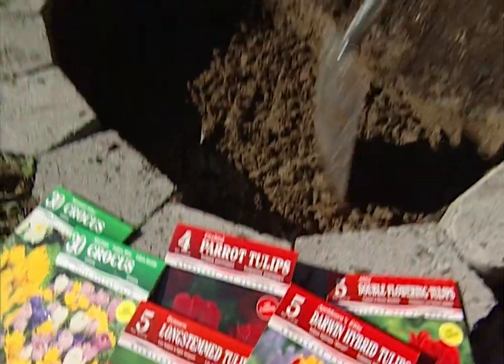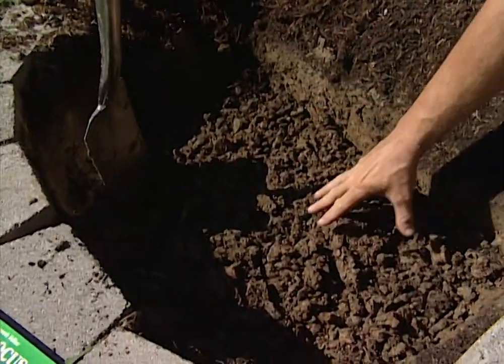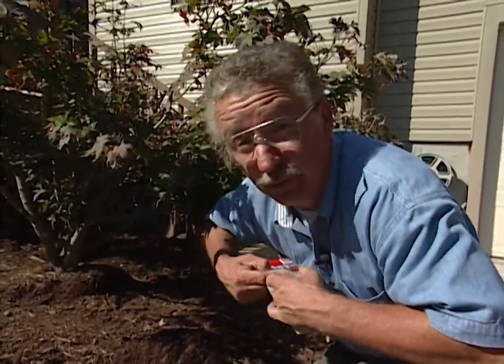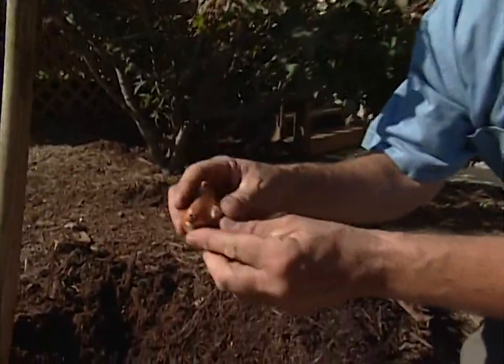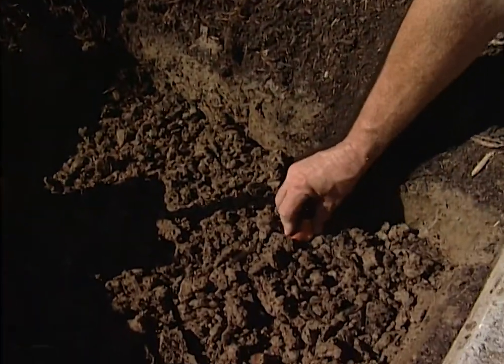Now, when we've got the soil excavated to a depth of about 6 inches, we want to loosen up the soil underneath where the bulbs will grow. The bulbs, of course, are going to produce roots all through the winter, in fact, and the roots are going to grow 2 to 3 inches below the bulbs. So we need to place the bottom of the bulb about 6 inches deep in the soil with loosened soil